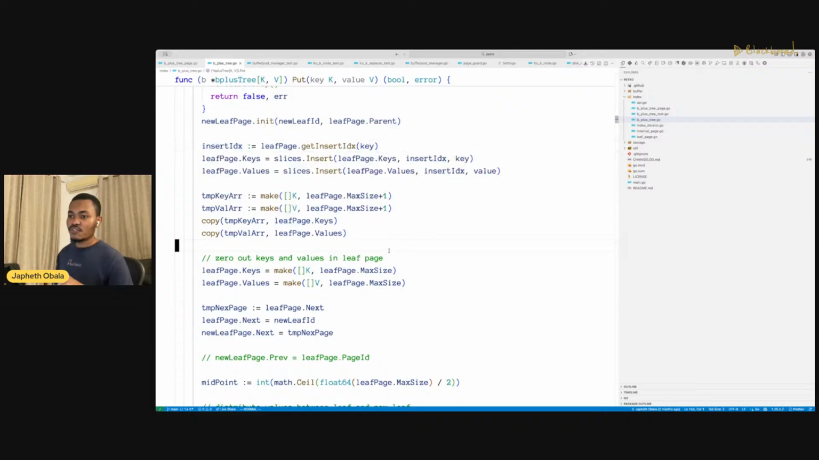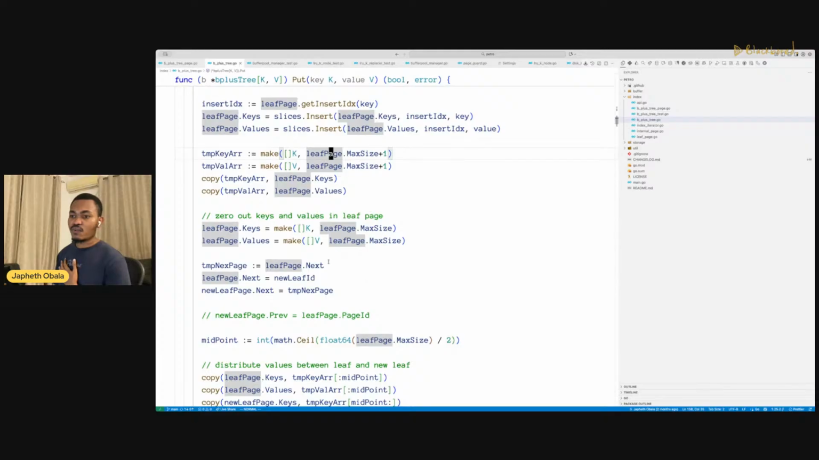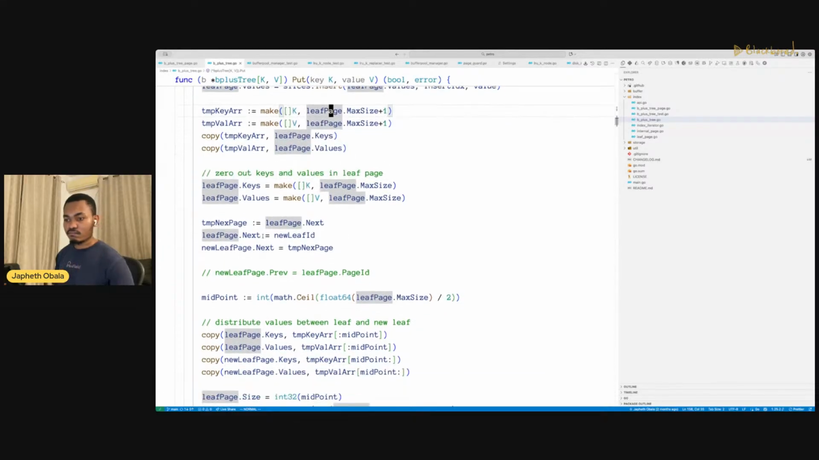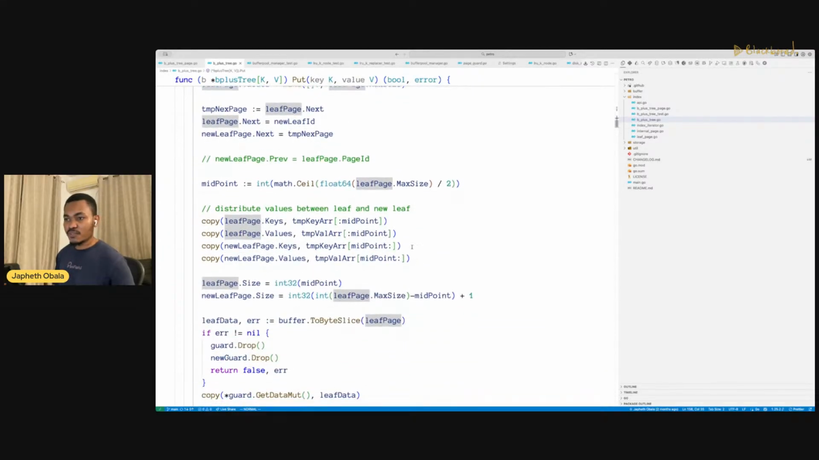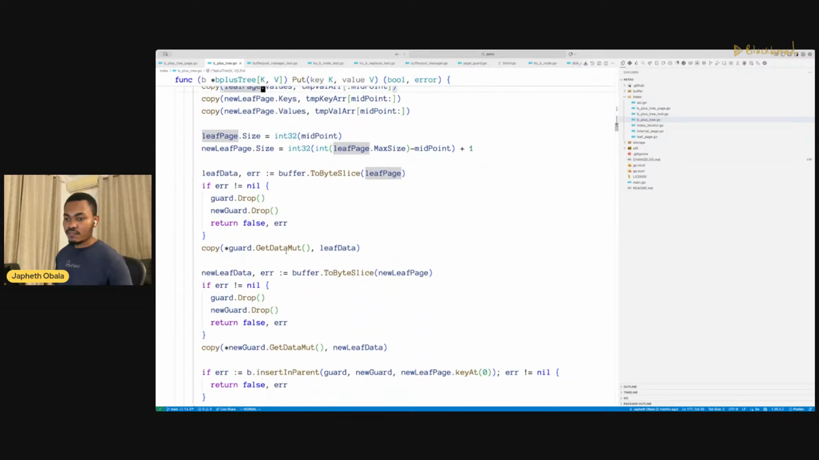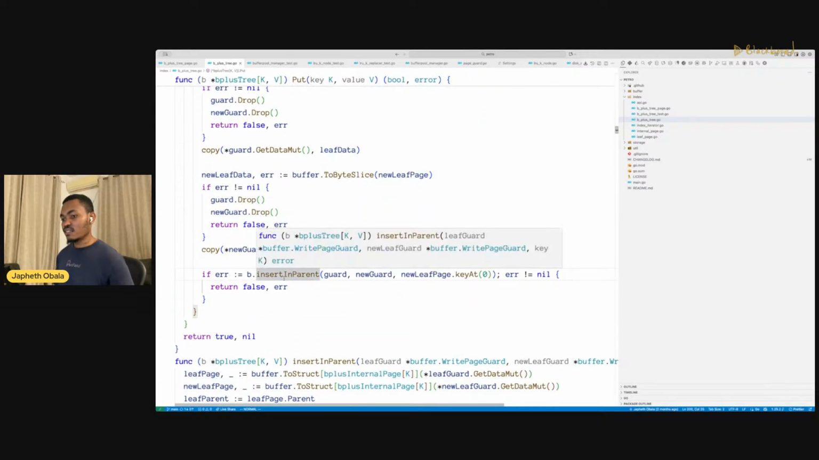Essentially what this is doing here is we're creating a temporary key and value array to hold the keys and values for the old leaf page. And then what we do here, I think this is the most important bit, is we now distribute the keys and the values between the old leaf page and the new leaf page. And then from there on, insert parent,